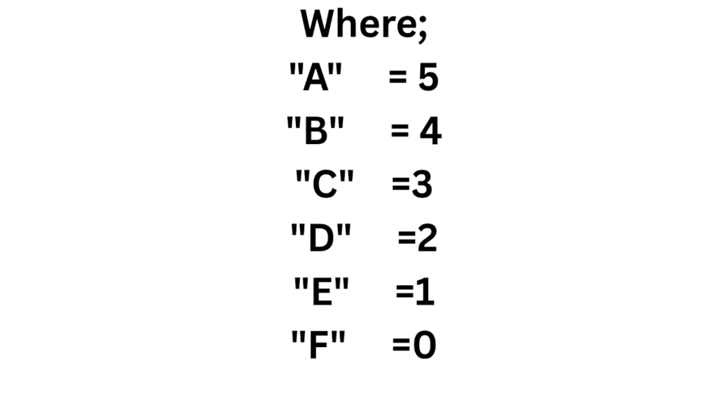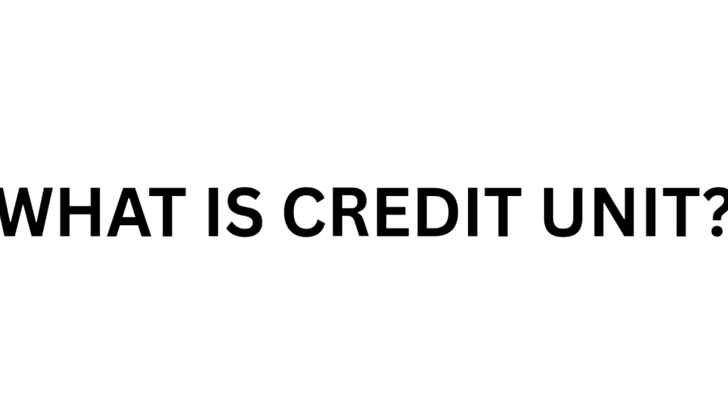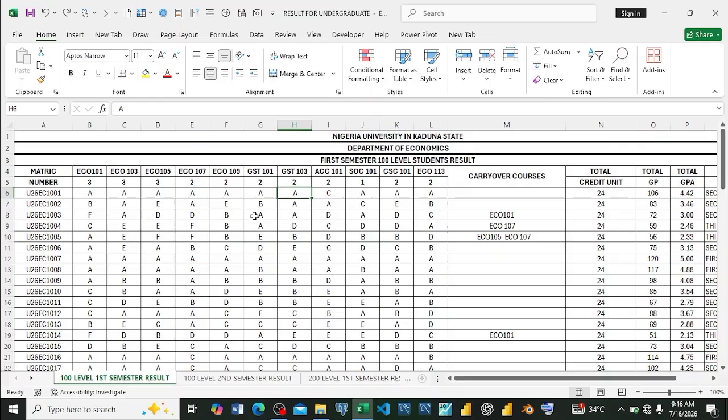Now the next thing is credit unit. What is a credit unit? A credit unit is simply the units that are attached to each course that a student studies in that semester. The credit unit depends on the course. For example, a student that is studying economics in a Nigerian university should know that microeconomics and macroeconomics are his main courses. So those courses will tend to have higher credit units than maybe a bold course from the accounting or